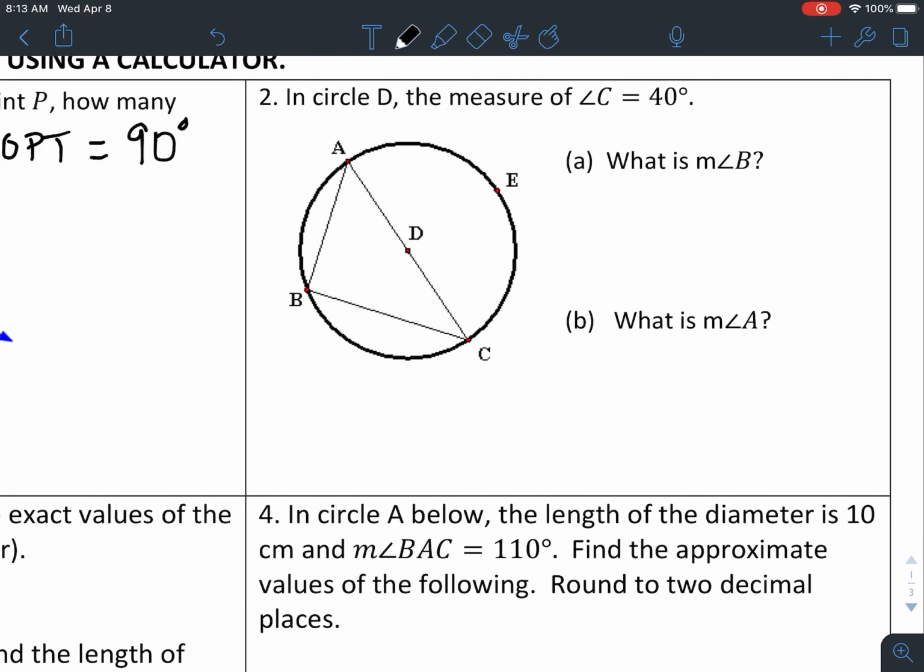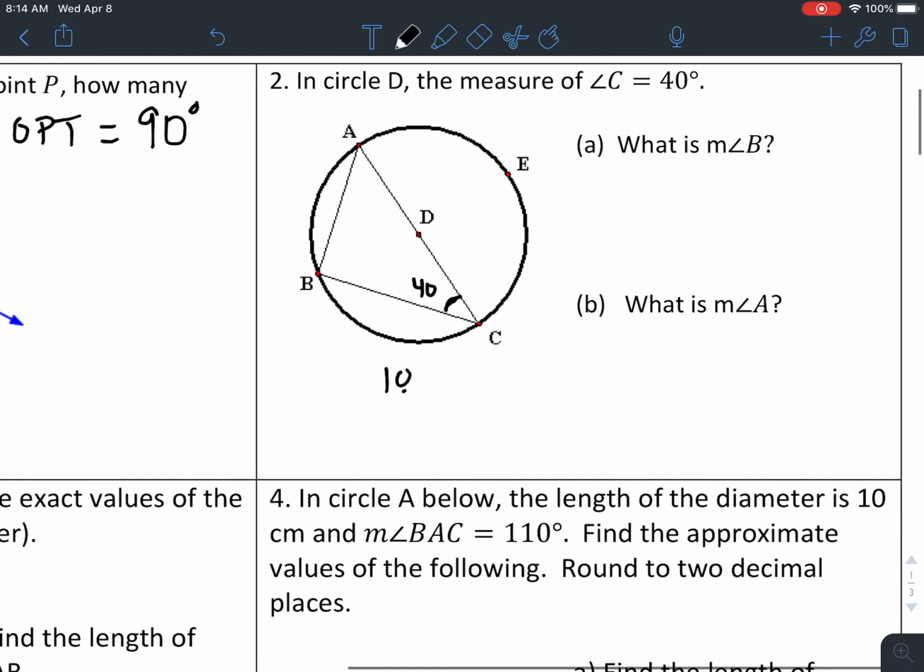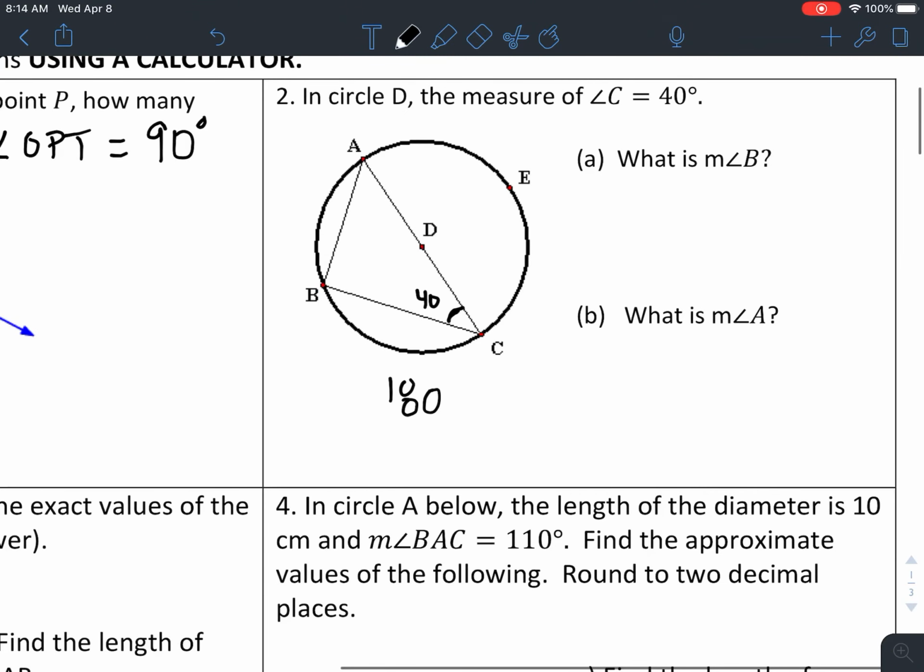In circle D, the measurement of angle C, so right here, is 40 degrees. What is the angle measurement of B, and what is the angle measurement of A? So number 1, we have to find out B. We know that in a triangle, the 3 angles have to add up to 180. So we take 180 minus 40. It's going to give us